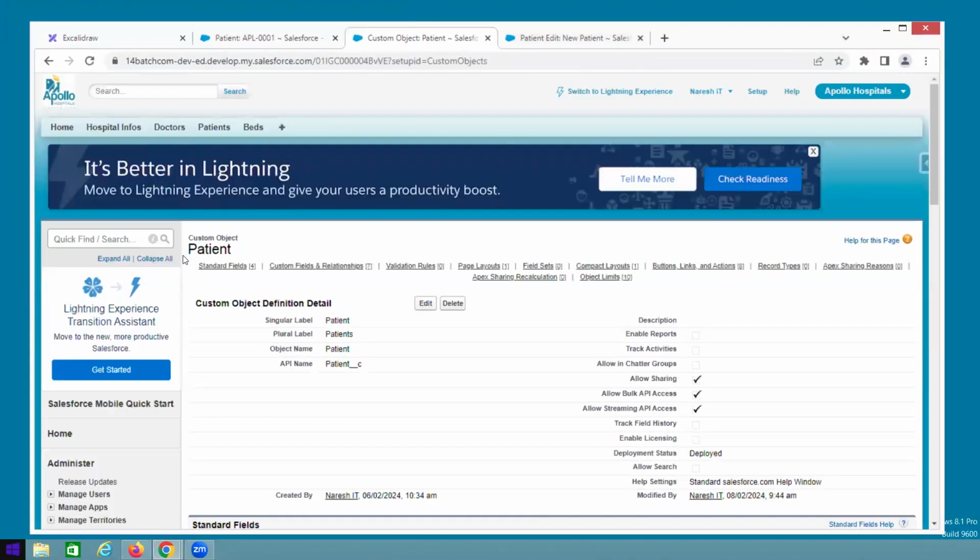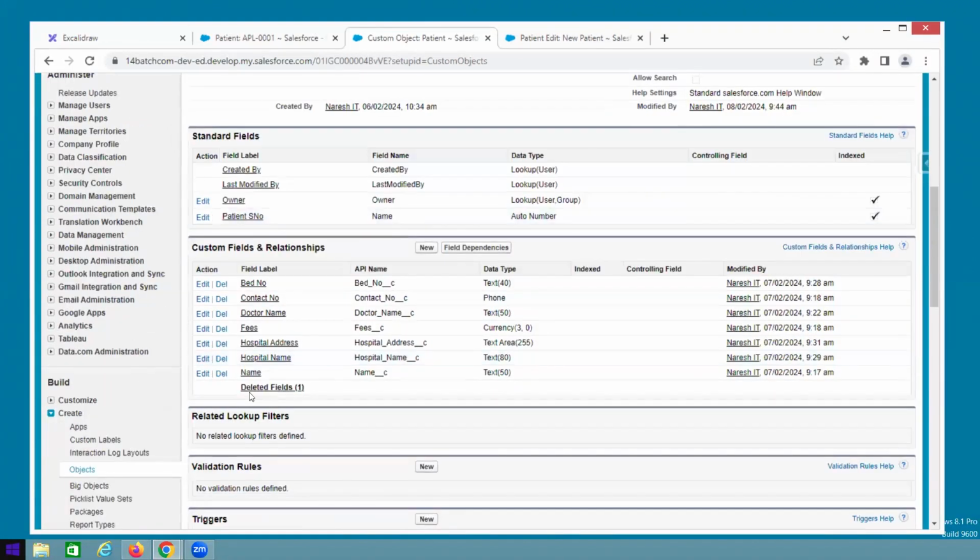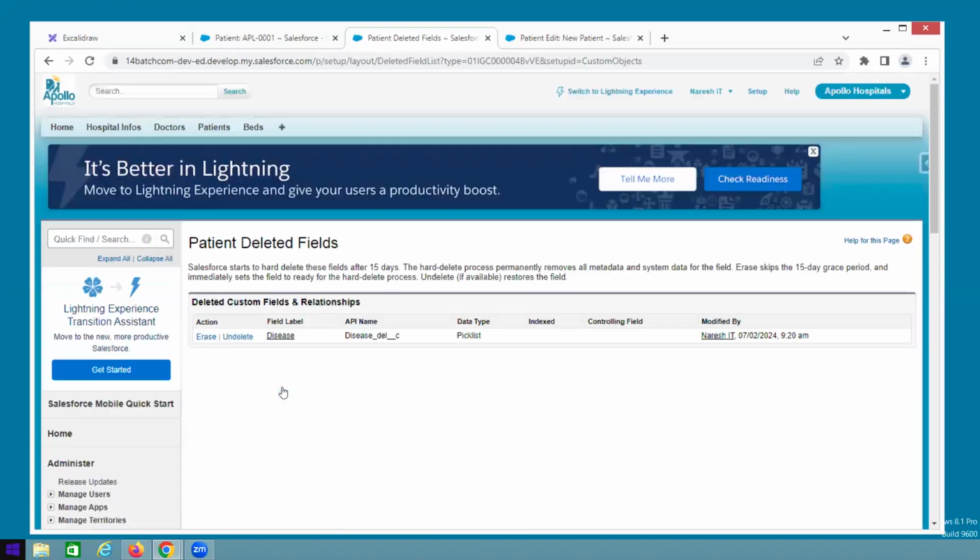For example, unfortunately someone deleted a field, and after that you realize you want to restore it. See here, the deleted field is there. This happens in real time, guys. Here you see erase and undelete. Salesforce hard deletes this field after 15 days. Once you delete anything on the configuration side,